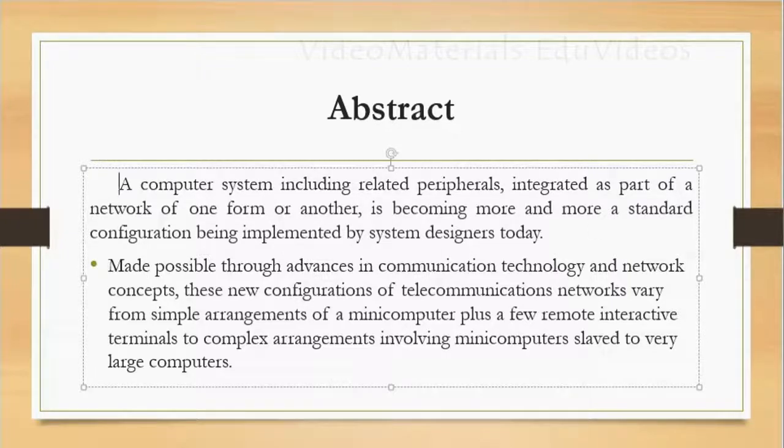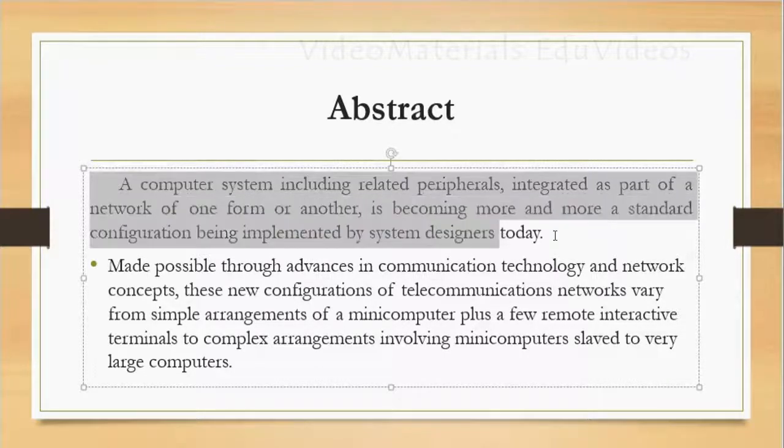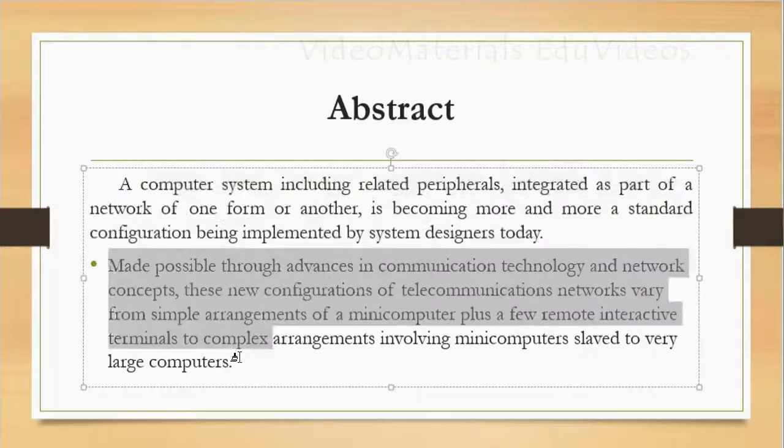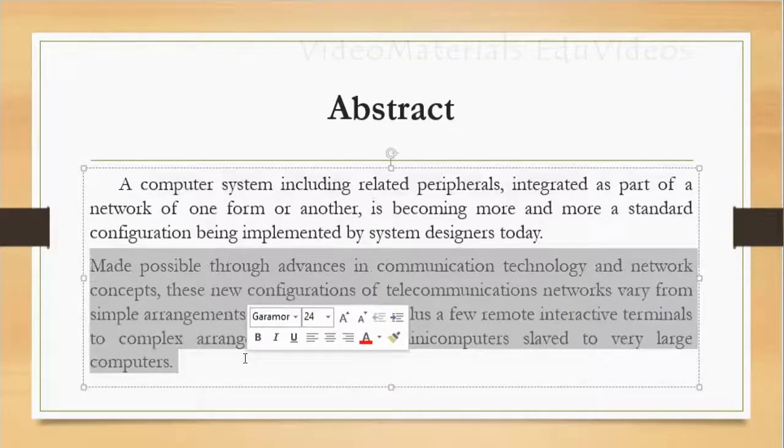Now I want to apply the same formatting of this paragraph to the second one. So I have selected the first paragraph and I am selecting the format painter in the Home menu. Now I'm going to apply the same for the second paragraph, so it will be applied. Until I apply a tab space, it will not provide the tab space, but it will provide the other formatting options to this.